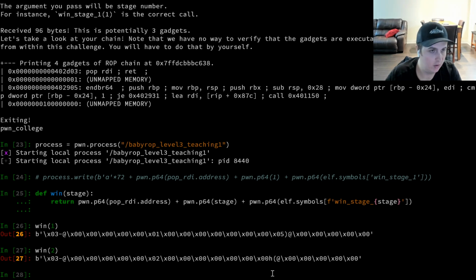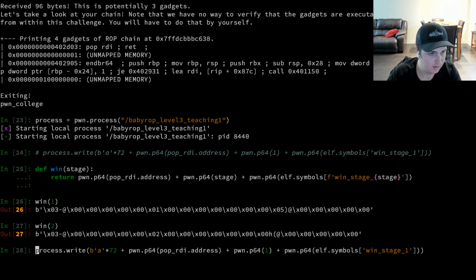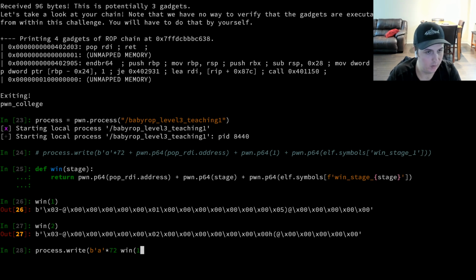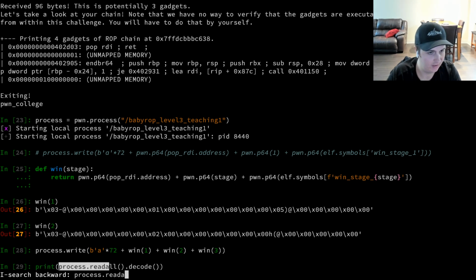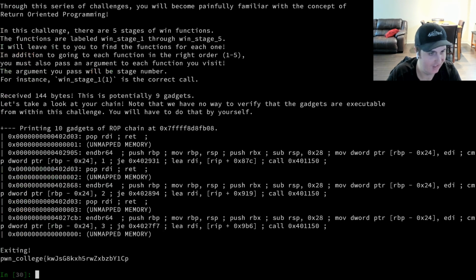Okay, so now let's do process.write. We just need 72 A's. And then we want to do plus win1, plus win2, plus win3. And you'd want to do all 5, but let's just do this so we don't leak the entire flag, since this level gives us the opportunity to not leak the whole flag. You can see that as we go, we just start leaking the flag bit by bit. So something to